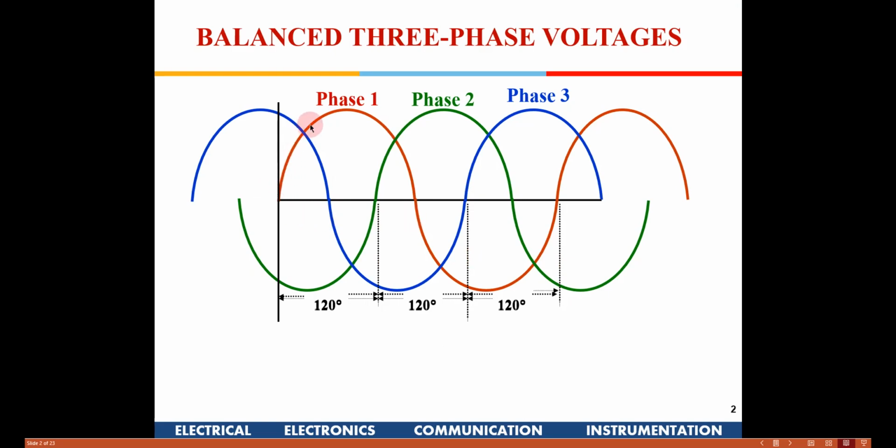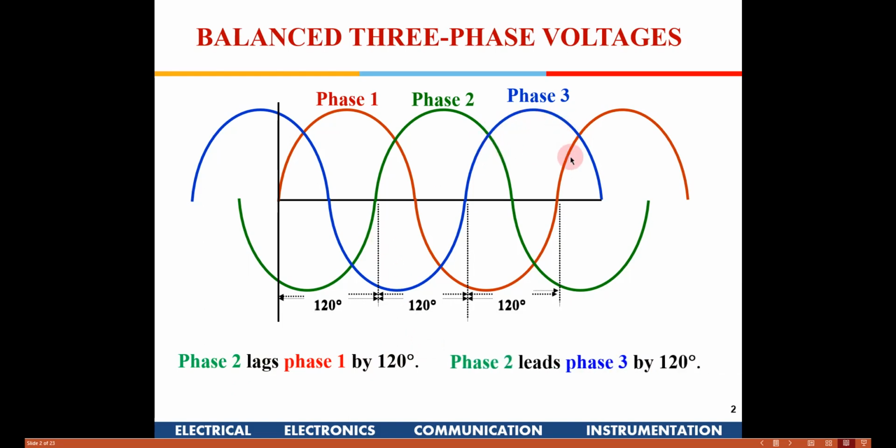Okay, so last class we saw three-phase system means there will be three different voltages which will lag each other or lead each other. There will be a phase difference of 120 degrees, like there are three phases which is shown here. In this case you can see the red one is leading the green one, that is phase 2, by 120 degrees, right? So I can write it the other way around, the phase 2 lags phase 1 by 120 degrees. Similarly, this is the third phase which is again lagging the second phase by 120 degrees.